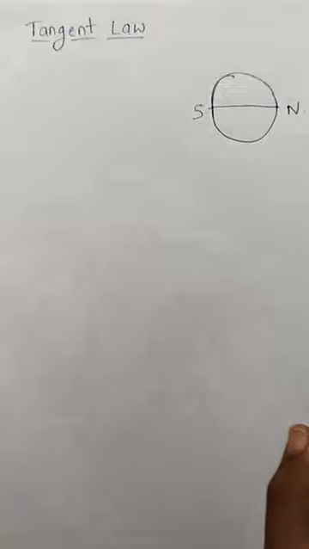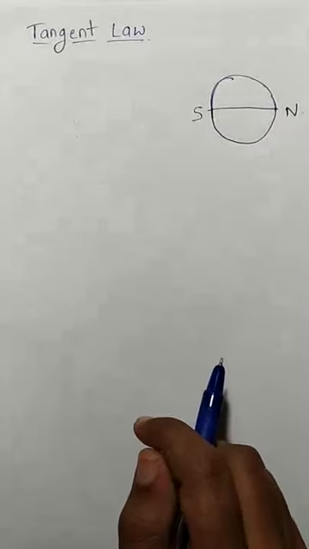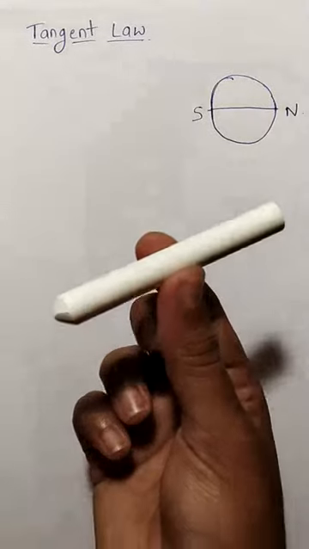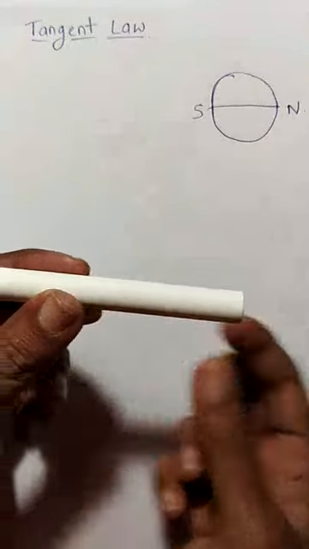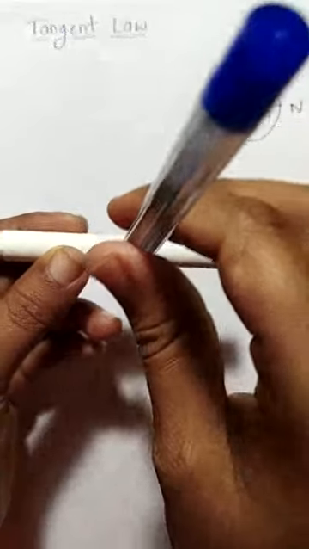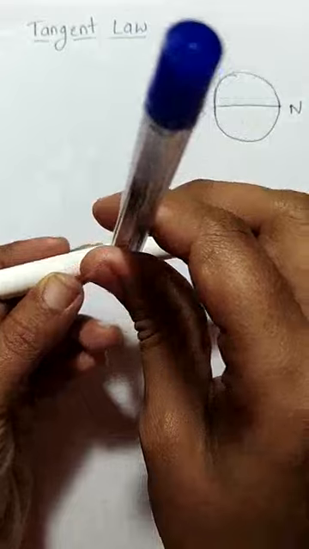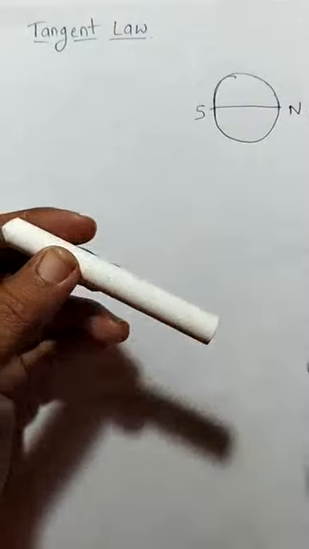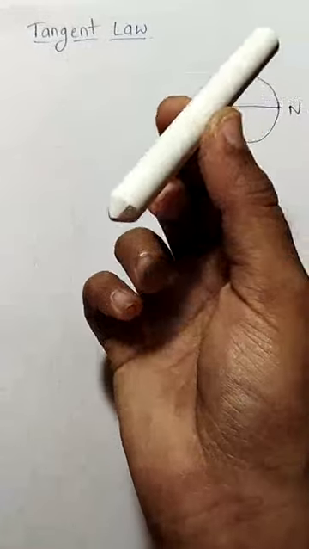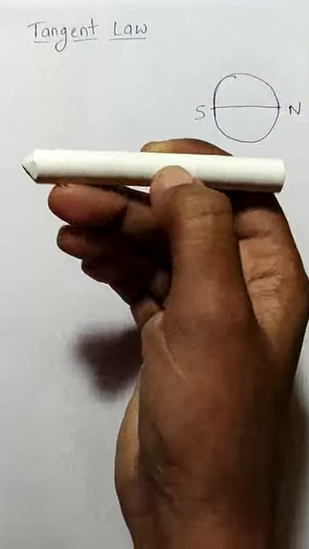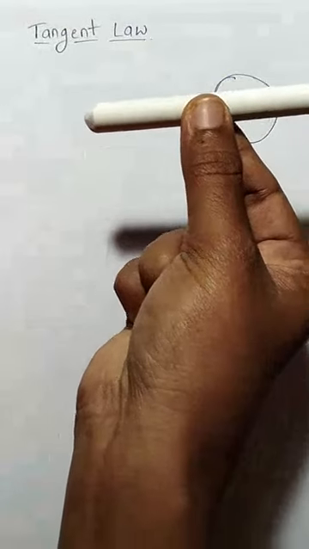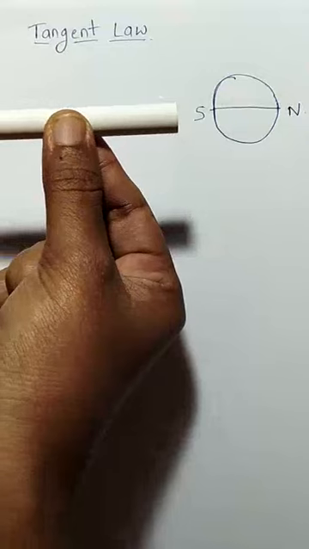So if it is already acting as a magnet, then I will take one magnet. Let this be the magnet, and I will join a thread here. With the thread, if I suspend this magnet in a free way, then what will happen? This magnet will start to deflect like this, isn't it? It will start to deflect and it will come to rest along the north-south direction of the